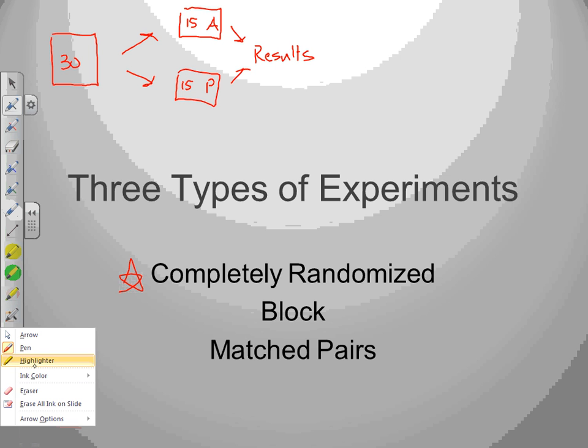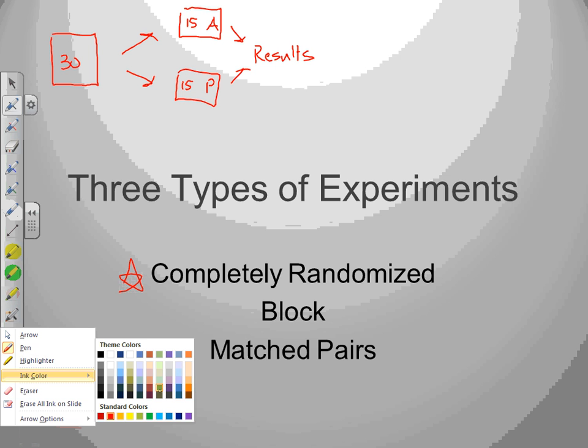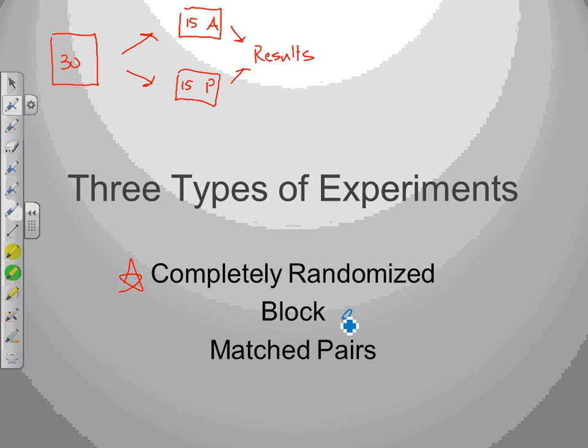The block adds an extra step. CR or CRD is completely randomized design. The block will add an extra step. What we will do is, instead of going straight from our volunteers to the treatments, we will separate our volunteers into groups. We will put them into blocks. So for example, I will take my 30